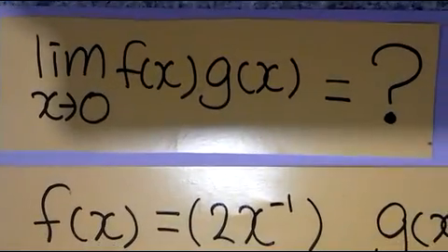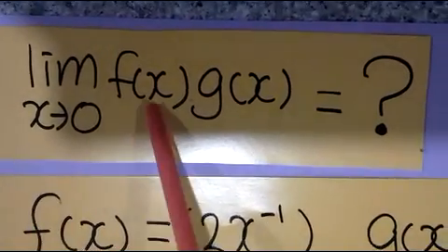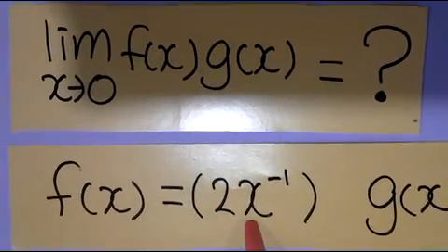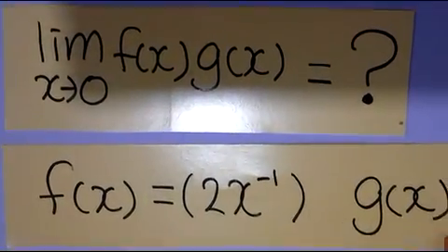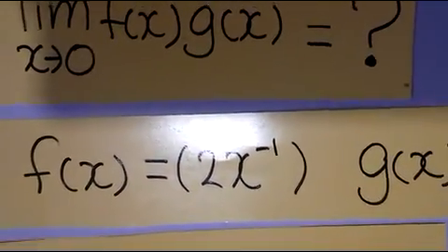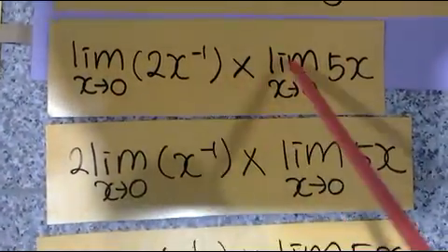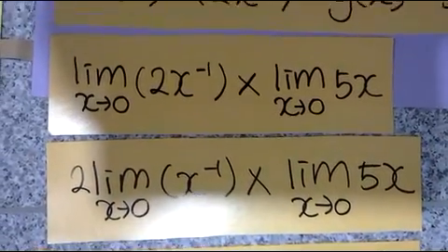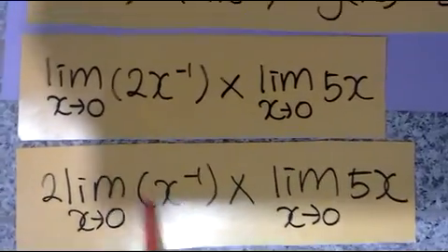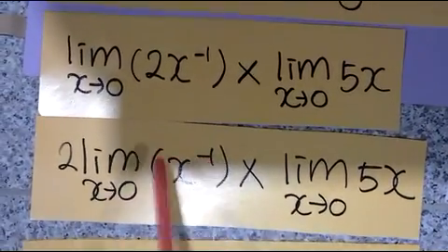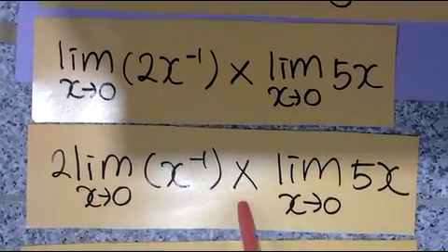Our last practice exercise is to solve the limit of f(x) times g(x) as x approaches 0, where f(x) equals 2x to the negative 1 power and g(x) equals 5x. The equation is rewritten as the limit of 2x to the negative 1 power as x approaches 0 times the limit of 5x as x approaches 0. By using the constant multiple law, the 2 in the limit is moved out. Thus, 2 times the limit of x to the negative 1 power as x approaches 0, times the limit of 5x as x approaches 0,